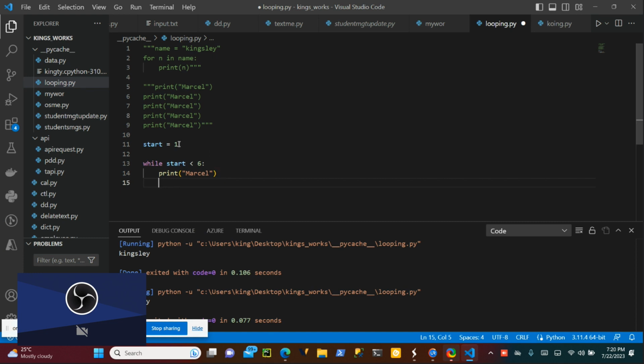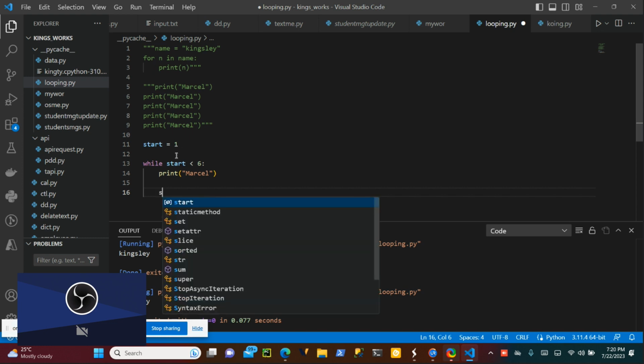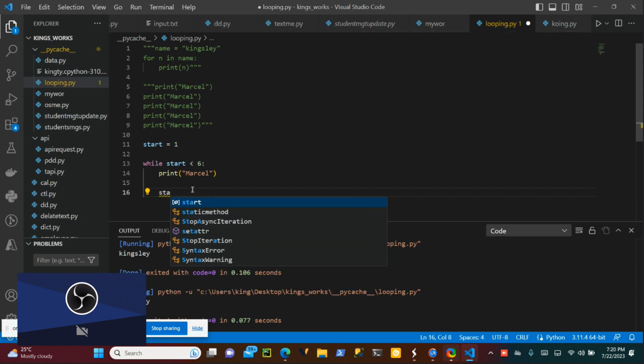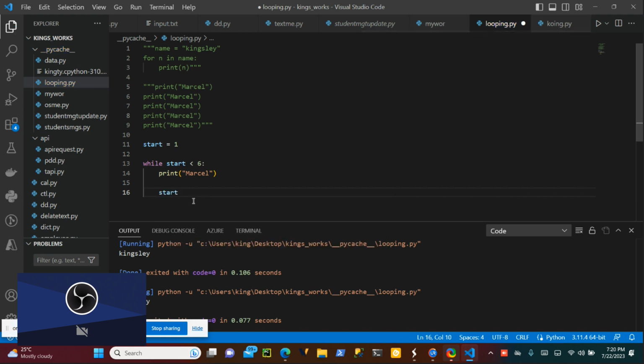So now I'm going to increase this one. To increase this one, I'm going to increase this count. So I'm saying that start will be start plus 1. I believe you understand.